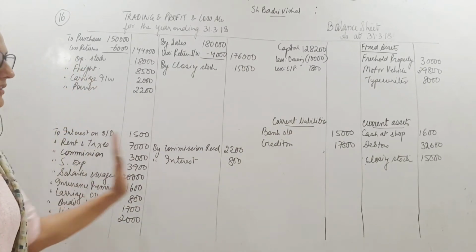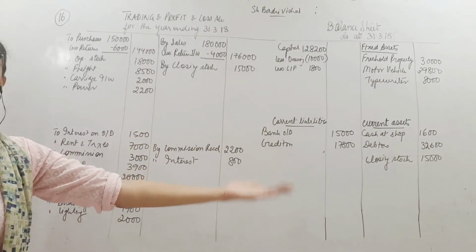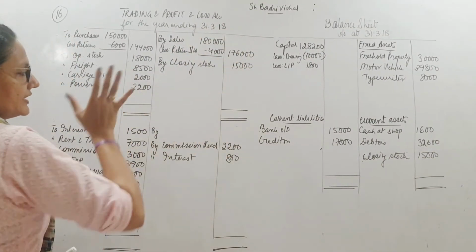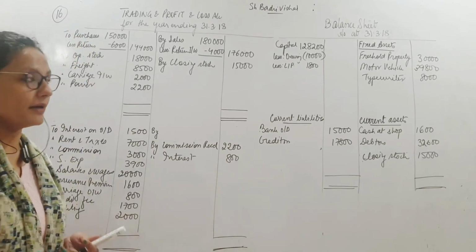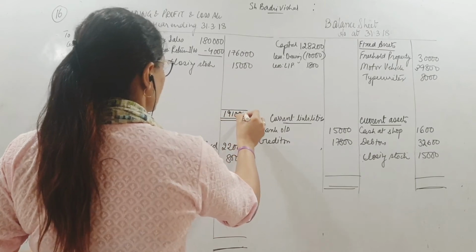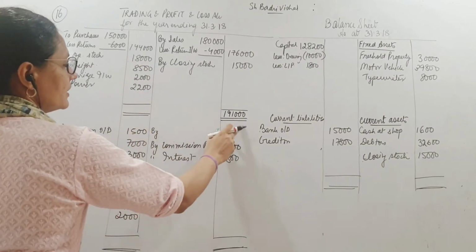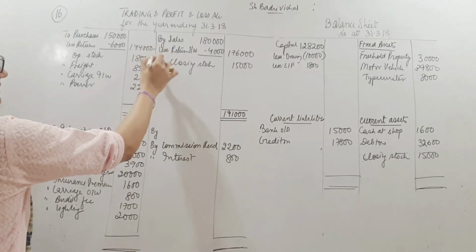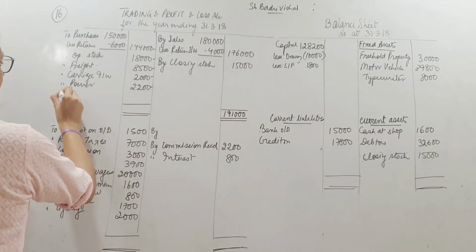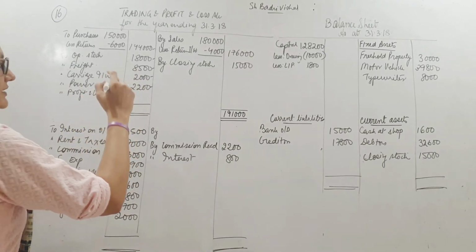Okay. Now once we have placed all of this, what do we need to do? Find gross profit, net profit and the balance sheet total. Let us total it up. Now let us see, this side total usually is more than this. So if you total this up, you will see that this side total is coming to 1,91,000. And this side is lesser than that. Basically, you don't have to do the total. From 1,91,000, subtract this and this. Meaning from your income side, you subtract all expenses and you will see that there is a shortfall on this side of